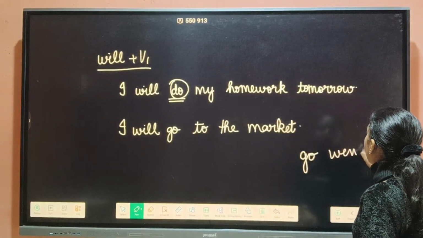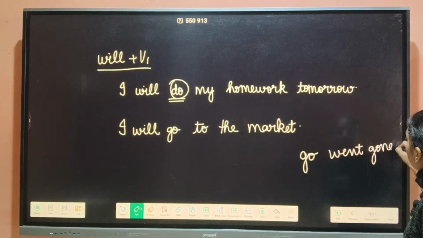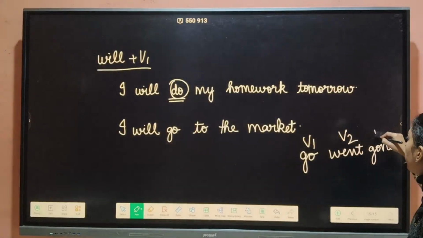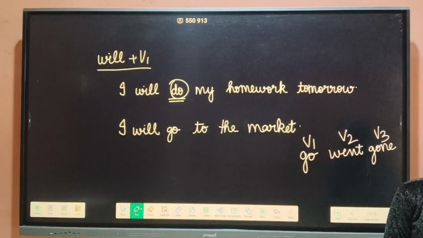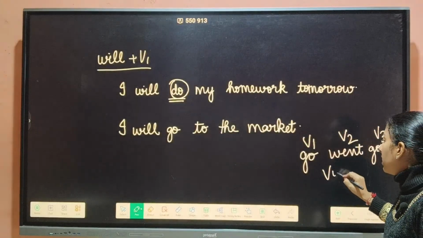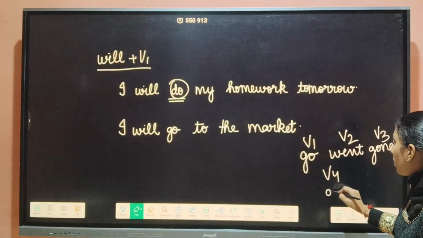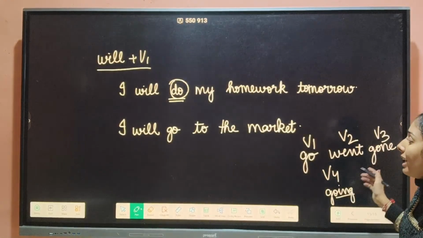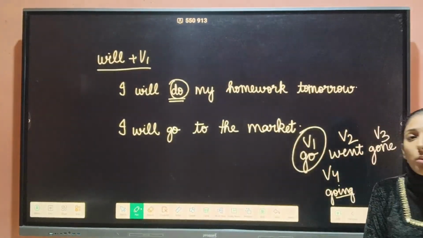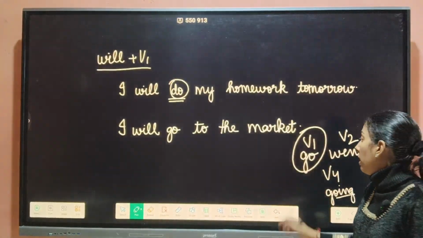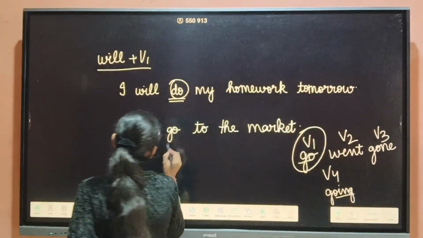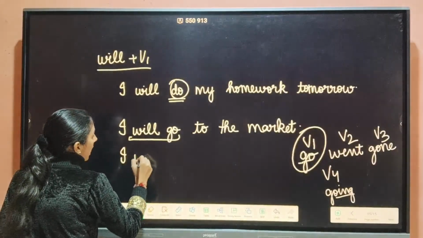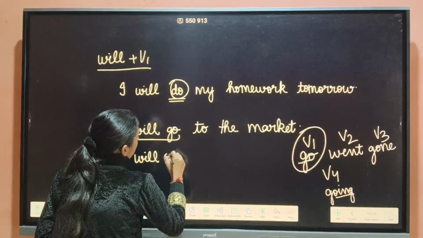Go, went, gone. Go is the first form of the verb. Went is the second form. Gone is the third form. If you add ing, that will be going, the fourth form of the verb. Okay, like that. So which form of the verb will come with will, beta? It will be the first form of the verb. So I will go. I will come